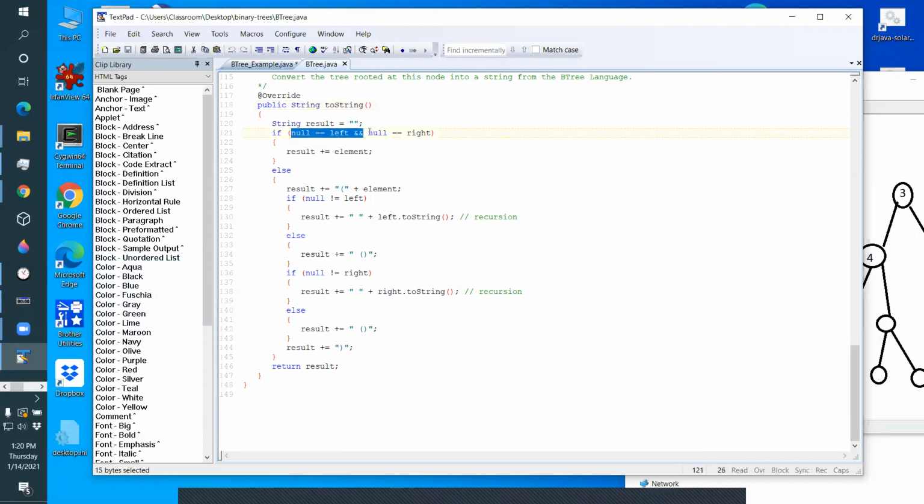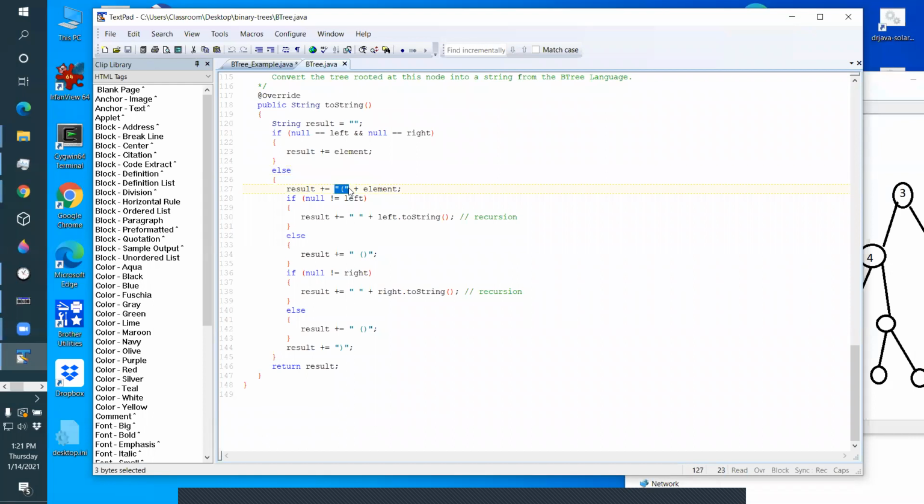if the tree has no left and right node, first it creates an empty string. If there's no left node and no right node, the return value is just the element tacked onto that string. So you just return the root because there's no left and right branch. Okay, now if there is either a left or a right branch, you have to build something more elaborate. Okay, so you take